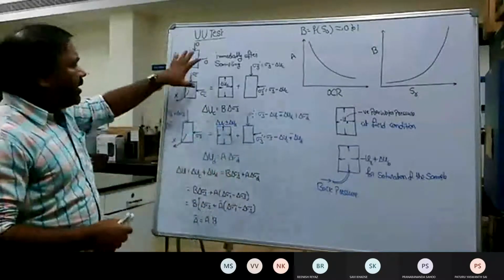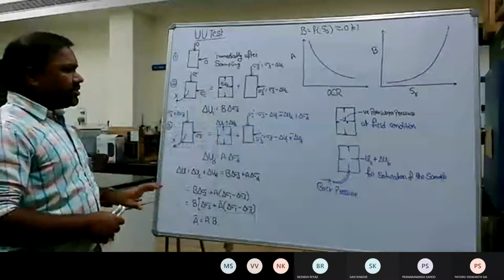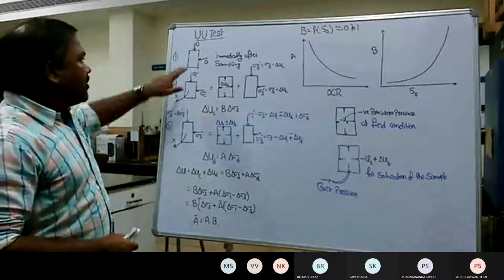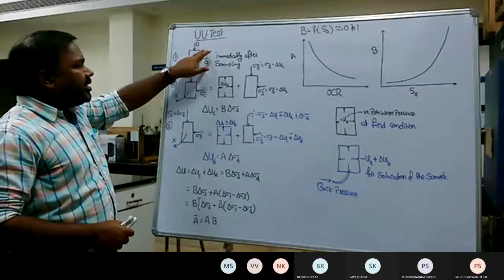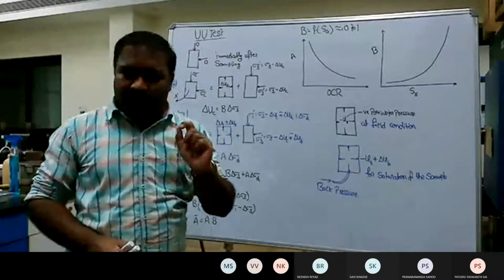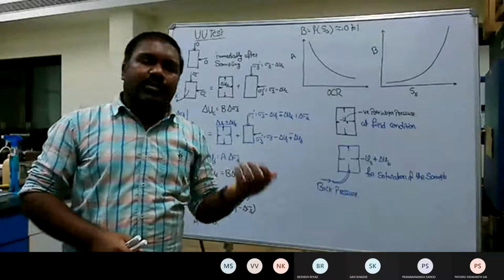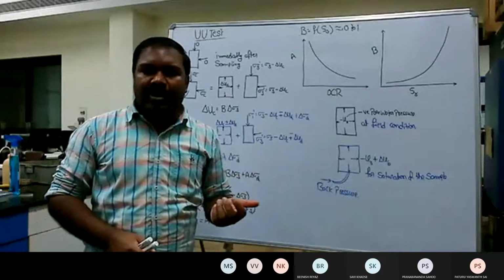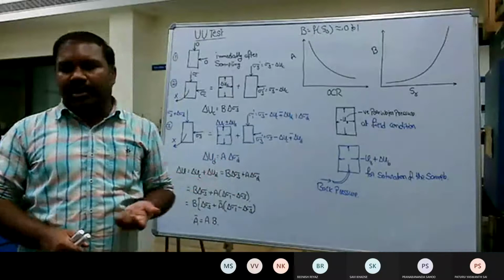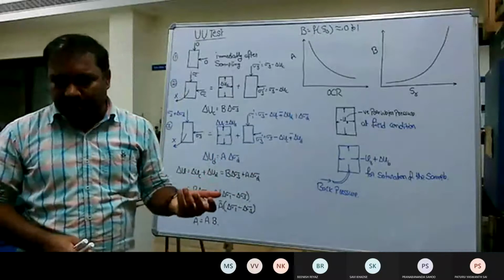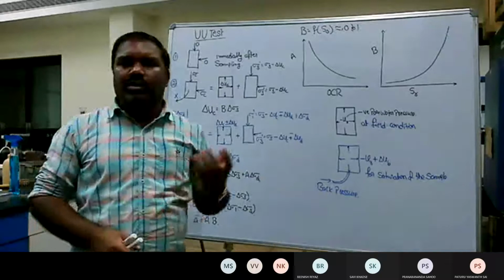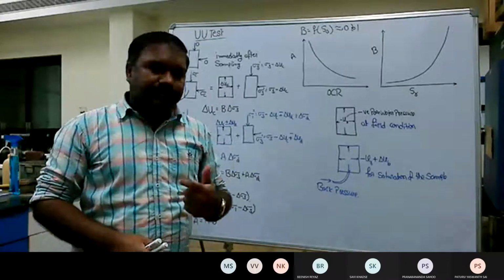So here I have taken a couple of the conditions that we normally simulate in the laboratory. First of all, either we take the soil sample directly from the field of the required geometry, maybe 38 millimeter by 76 millimeter, or 100 by 200 millimeter, or any other geometry. Or sometimes we directly extract a sample of the compaction mould size.